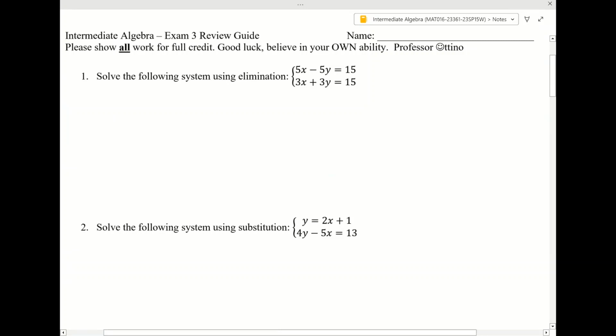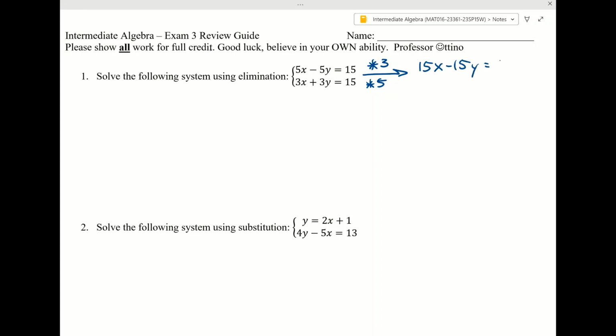So this first problem, it says to solve using elimination. What that means is we want to try to get the same number, but opposite signs. So I see 3 and 5. If I can make one into positive 15 and one into negative 15, when we add them, they'll cancel. So if I just multiply this top by 3 and this bottom one by 5, we'd get 15x minus 15y is equal to 45. 15x plus 15y is equal to